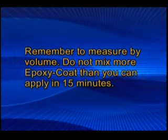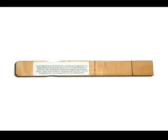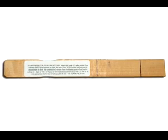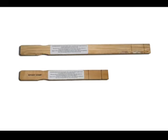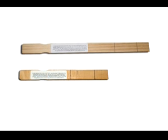Do not mix more epoxy coat than you can apply in 15 minutes. Be aware that the mixing stick for the half kit is specifically for that kit, and the mixing stick for the full kit is for that kit only. Additionally, the measuring sticks for both kits have 2 sides, one for a single batch and one for a double batch. Make sure you're consistent when adding part A and B, that the stick and the side of the stick